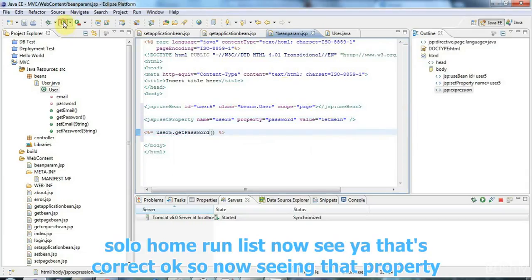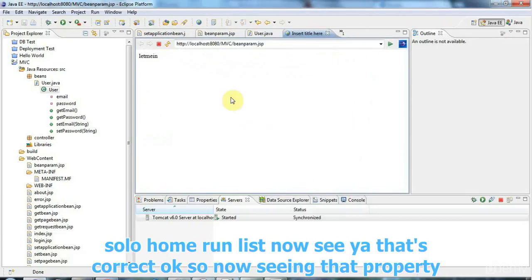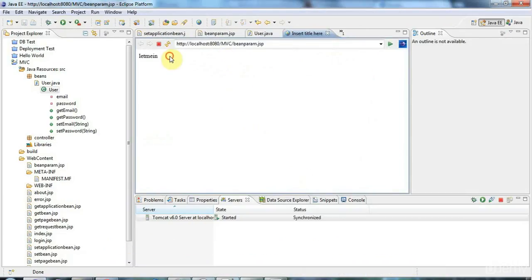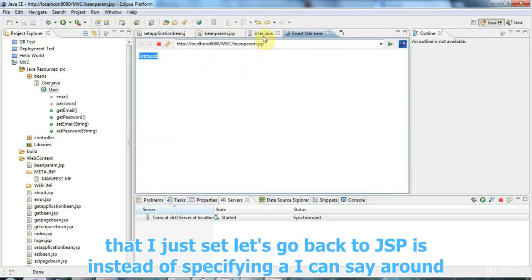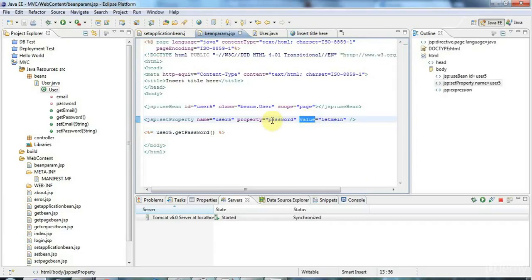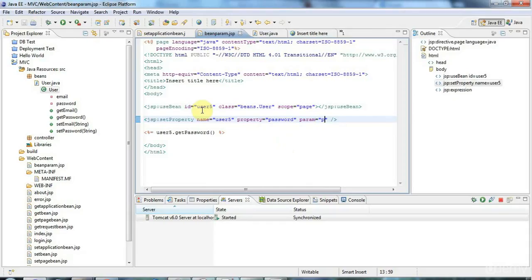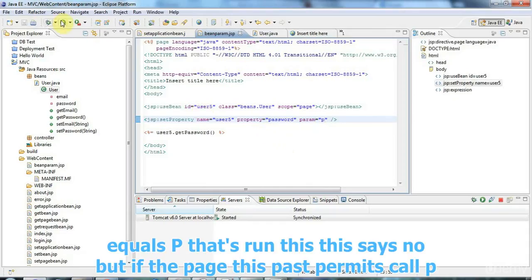So if I run this now, we expect to see, in fact I've got the, yeah, that's correct. Okay, so now we're seeing, of course, the property that I just set. Let's go back to beanparam.jsp, because instead of specifying a value, I can say param and name a parameter. By parameter I mean a URL parameter in this case. So I'm saying here param equals p, and now let's run this,